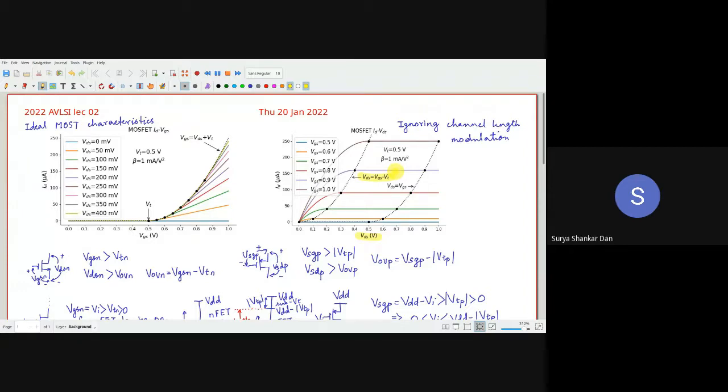Now, these are the ideal MOSFET characteristics. I often write MOST, which stands for metal oxide semiconductor transistor, instead of writing FET every time. So these are the ideal MOS transistor characteristics. But you should keep in mind that these are only for NMOS, so I'll just put N over here. This is important. We are going to check out the PMOS after a while.